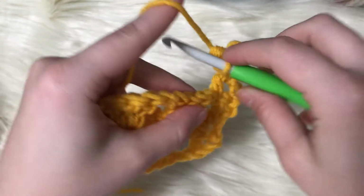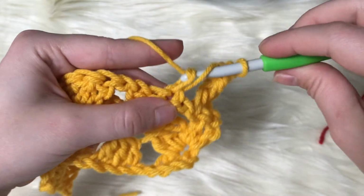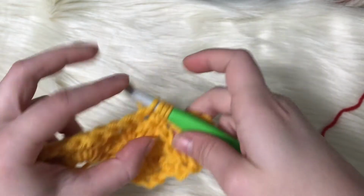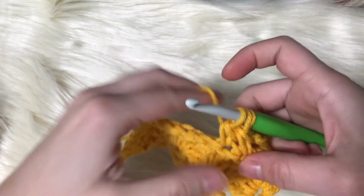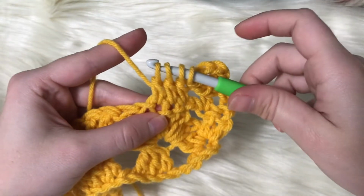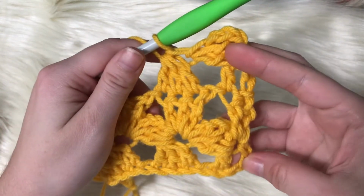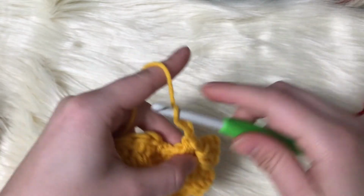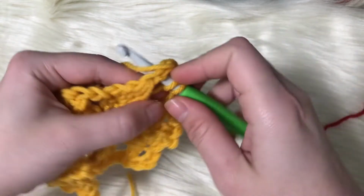We will be working our double crochet 3 together along these previous double crochets. So you'll be yarning over, inserting your hook, and pulling up a loop, creating our half double crochets. And as you can see, it just kind of mimics each other or mirrors each other. We will now be putting our petal stitch into that eye. This is mimicking our first row